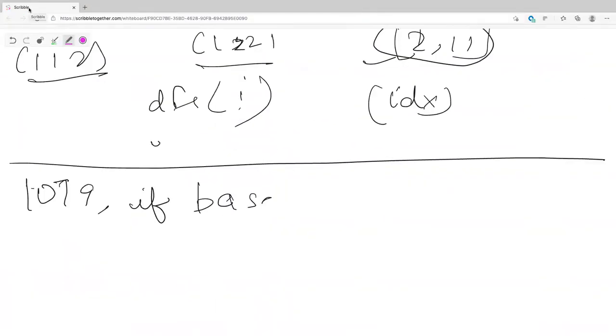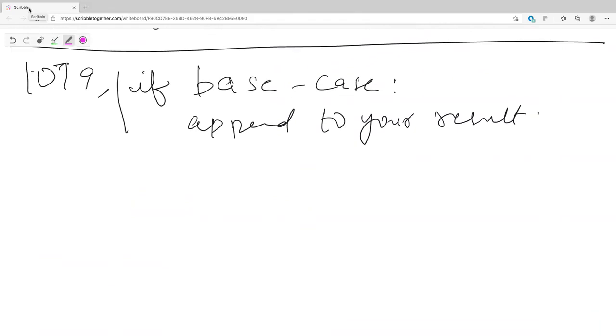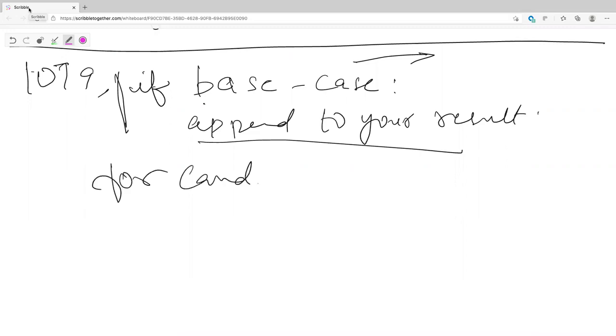So basically, this is your if base case, right? Append your result. So this is your base case for every DFS method. This is going to be a base method in which you have to figure out when you are going to add your result. This could be anything. If the length of the buffer is exactly the length of the nums, that may be one thing. Or if you always want to add, you can just remove this check. You can always append your result, right? And the next thing is for candidate in candidates.